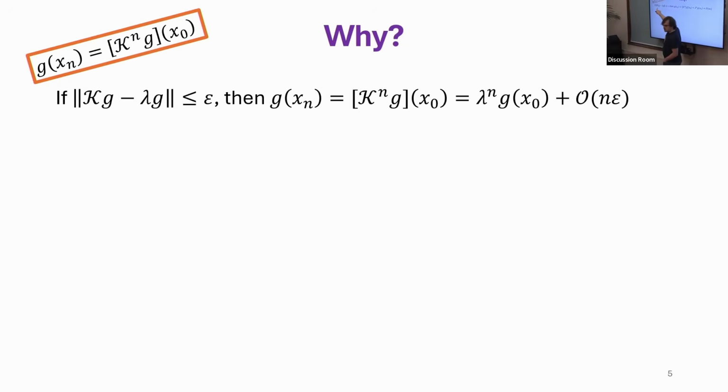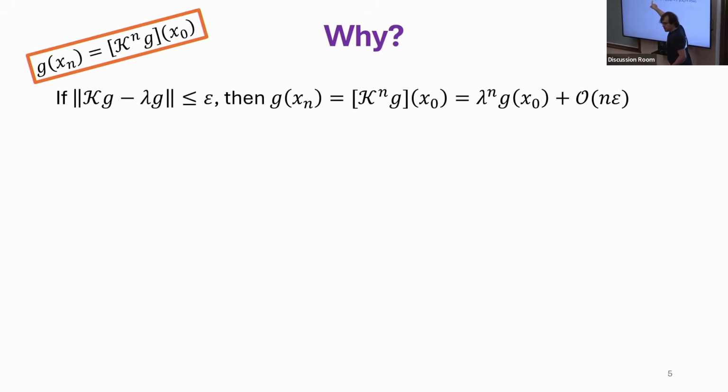G, I'm assuming, is a normalized observable, and it's almost an eigenfunction with eigenvalue lambda. Okay, you've relaxed this equality to some epsilon, some positive epsilon. Then, assuming certain properties of K, like its norm being 1 and things like that,